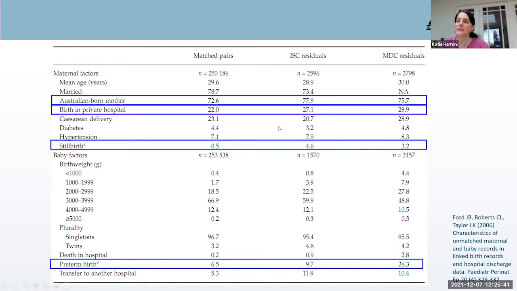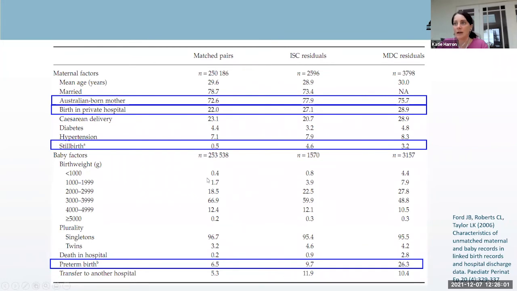But they could also see that Australian-born mothers and births in private hospitals were less likely to link. So despite having 99% of records linked overall, there are still these important differences,